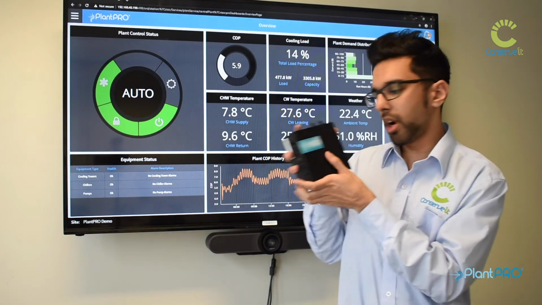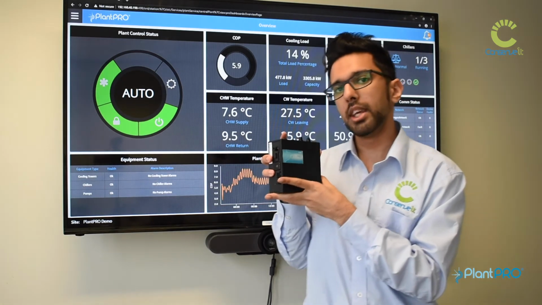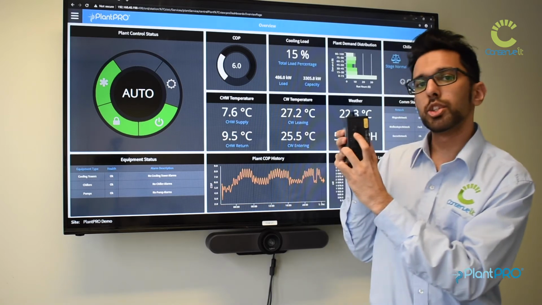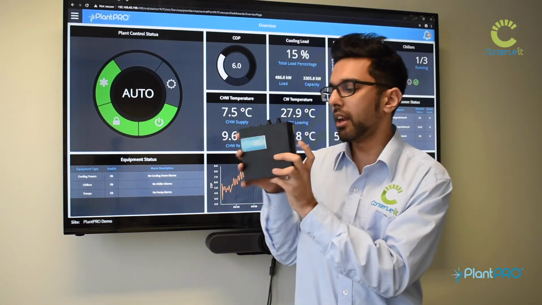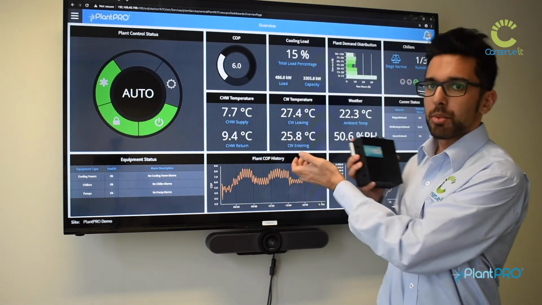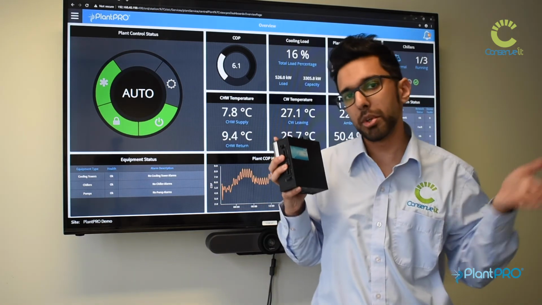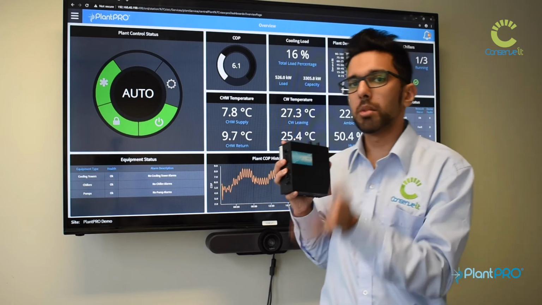For applications where you will need to display the PlantPRO dashboard, it also has a display port available, so you can directly hook up a touch screen and interact with the PlantPRO dashboard directly. Whereas with the CI534, you will be needing to use another computer to request the HTML page and display it